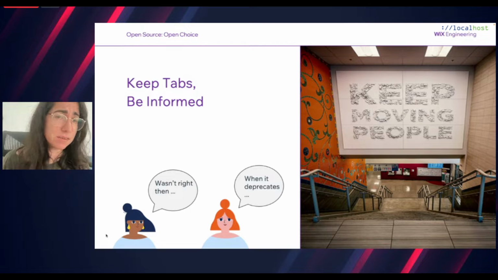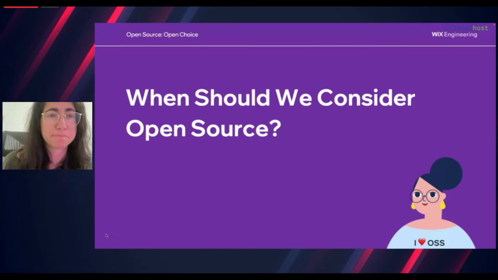So if I didn't know about that, then I'm putting my systems at risk instead of doing whatever is necessary, either migrating to another operating system to make sure that my systems are healthy and stable. And I really like this picture because it says keep moving people, even though, as you can see, nobody is there. That's the thing. You need to keep tabs and be informed of what's going on without having your team leader breathing down your neck and saying, hey, please check this and that. You need to do it by yourself and to be proactive. And I think this is what will help you be a better engineer as well.